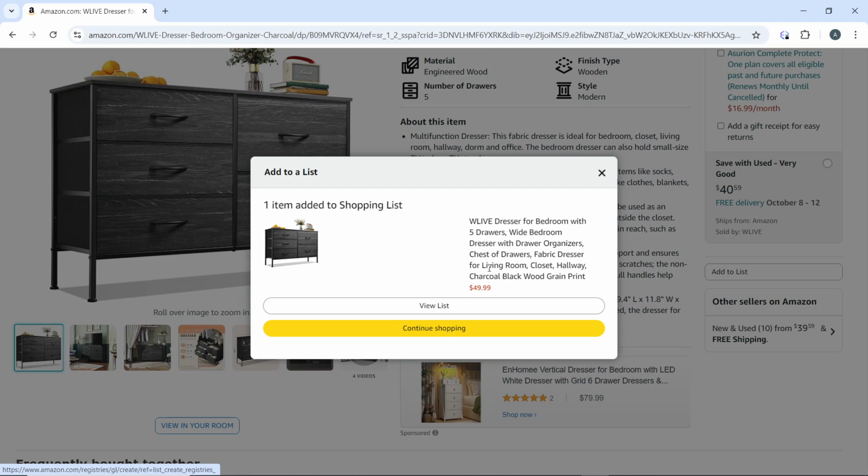You see a confirmation message appear, and that's just pretty much it, letting you know that the item has been added to your wish list. Now I can go ahead and click on view list to check or manage your wish list if you want to, or just go ahead and click on continue shopping to just continue having a nice time with your shopping